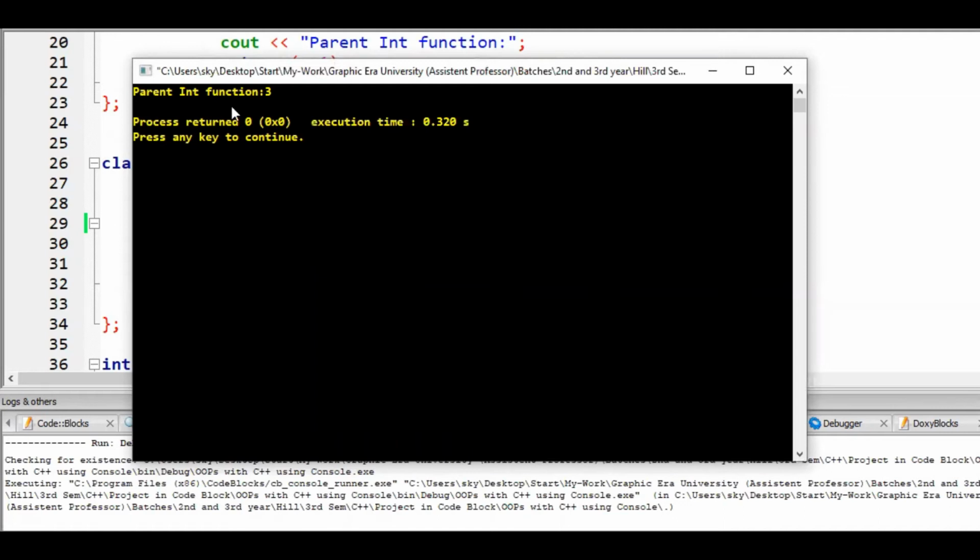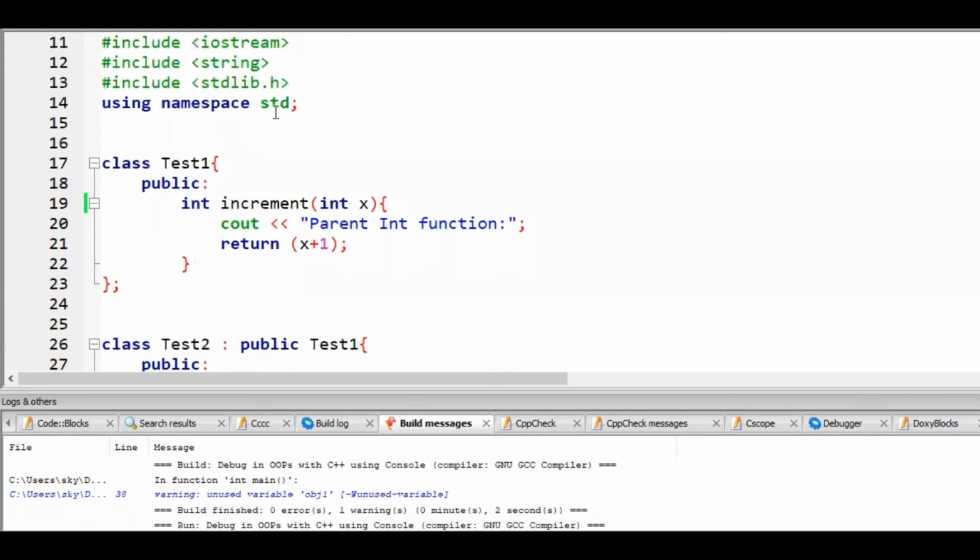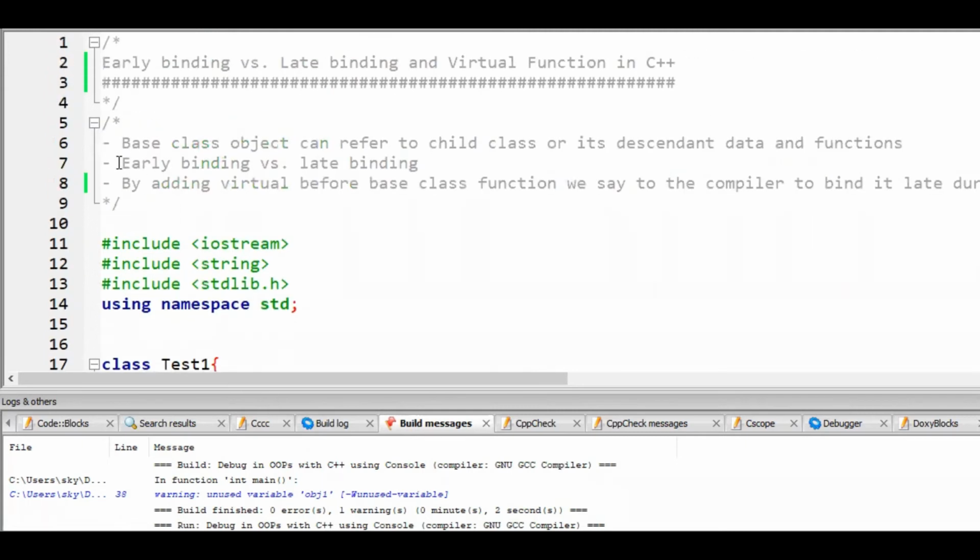It is calling the parent int function, not the child one. It is not calling this one, and this is still calling the base class function. But as I have mentioned, this base class object can refer to child class or its descendant data.